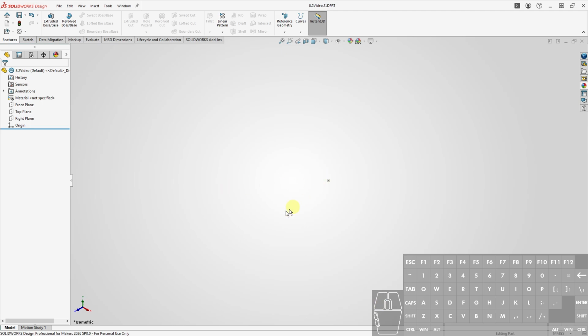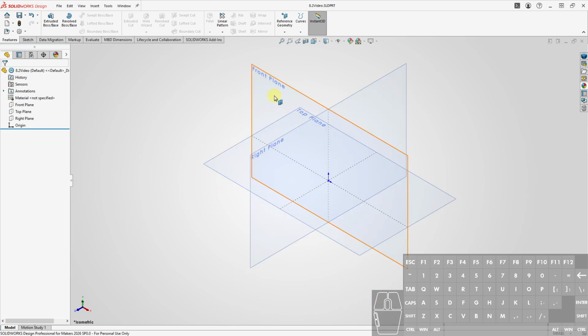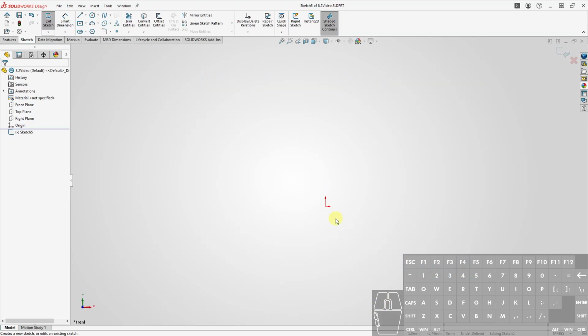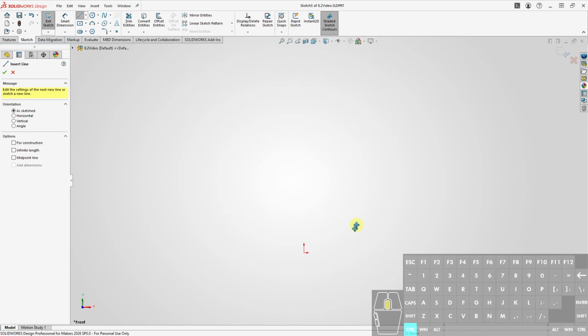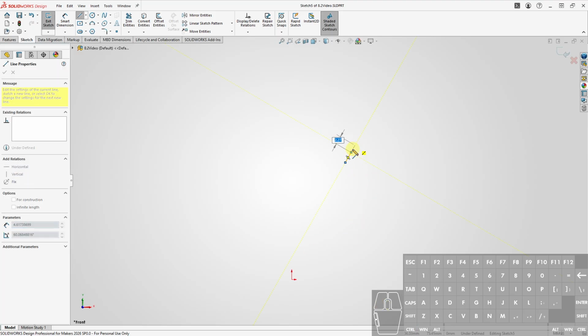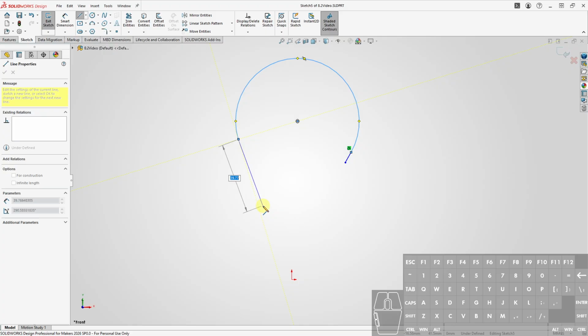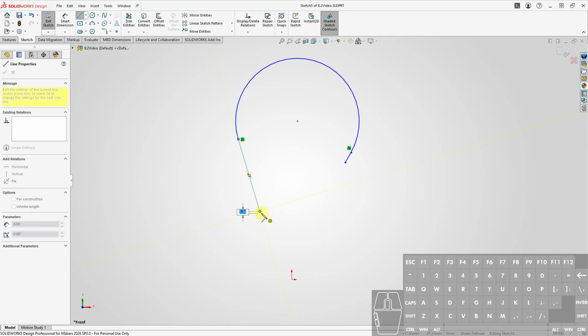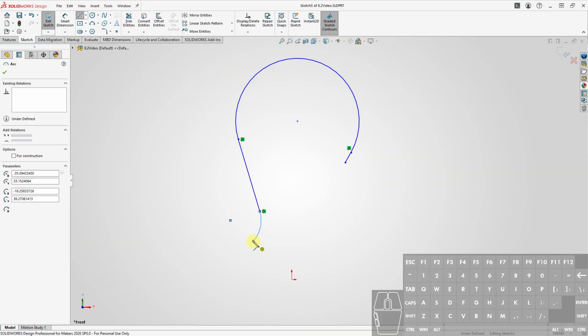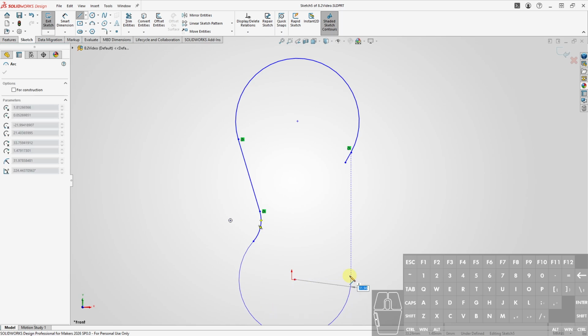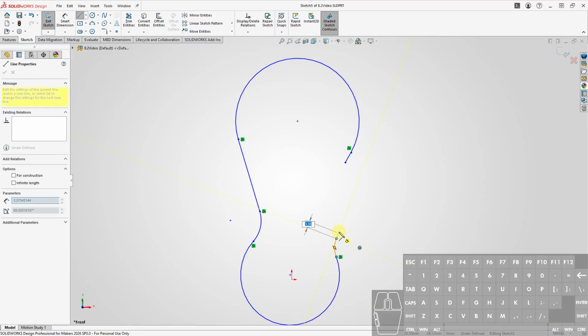All right. So we're going to start in the front plane and go into the line tool and just start sketching out that path. And we'll try to create the, see, we can lock the tangency here. We'll try to create those as much as possible while we're creating this path. But if we miss some, we'll catch it and deal with it later. Okay. Out and in. And finally,